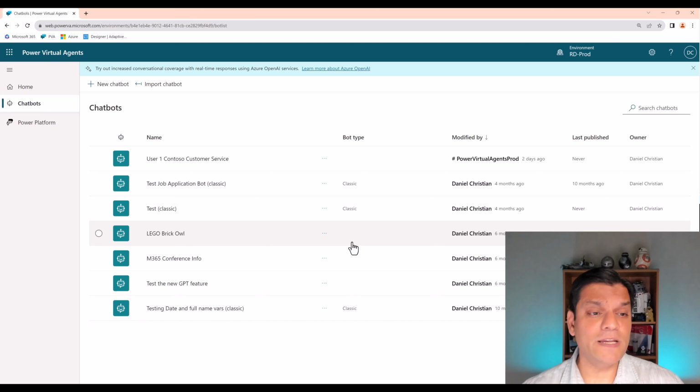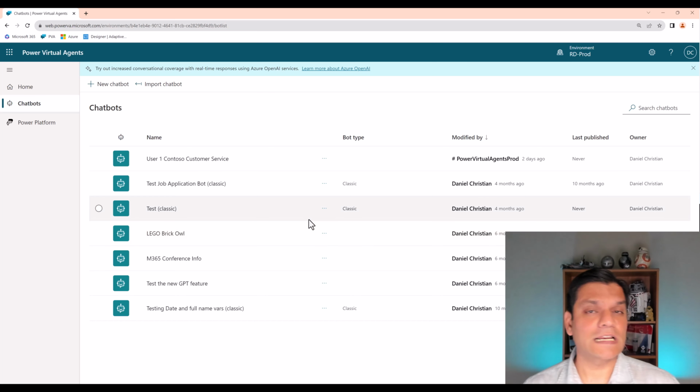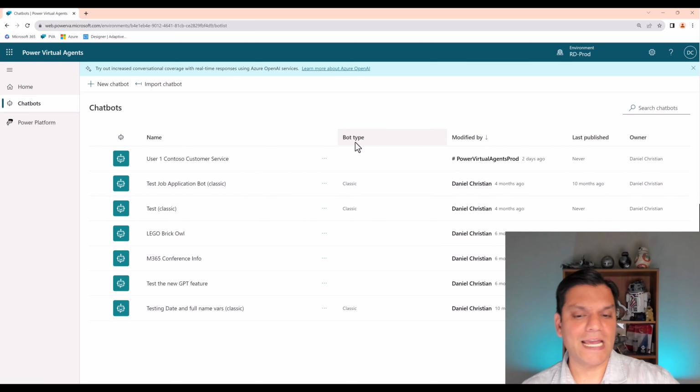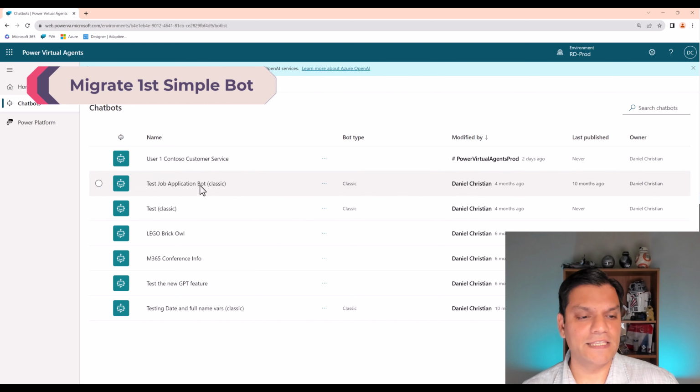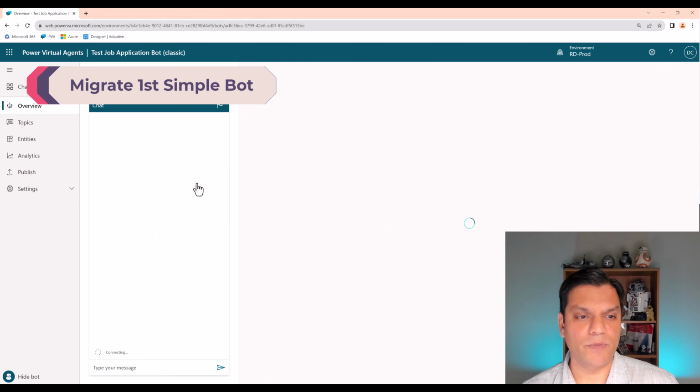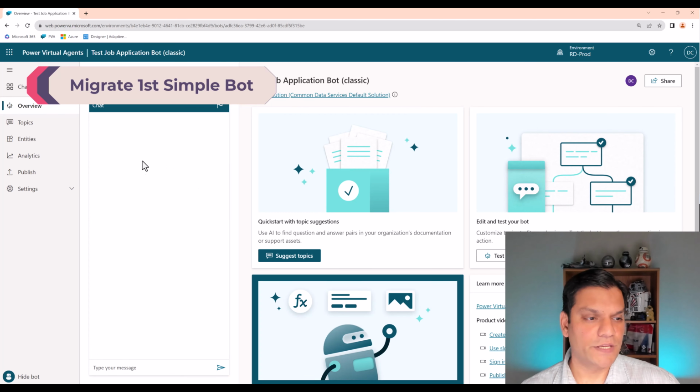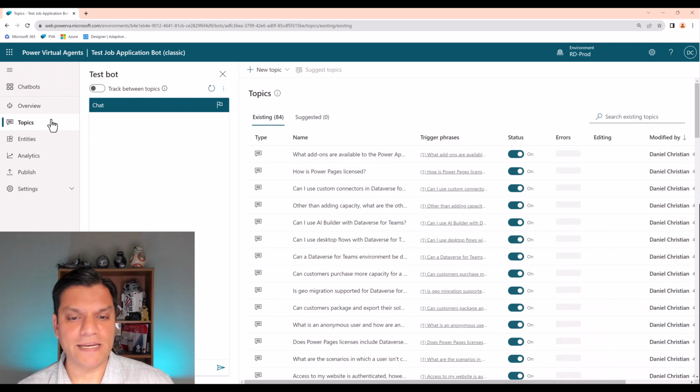Now, they've also made it easy for you to decide which of my existing classic bots to pick. Because if you've got one of those classic bots in the bot type category, you will already see it as a classic bot. So that's the one I'm going to do, I'm going to select the test job application bot. And I'm over here and I can click on my topics,